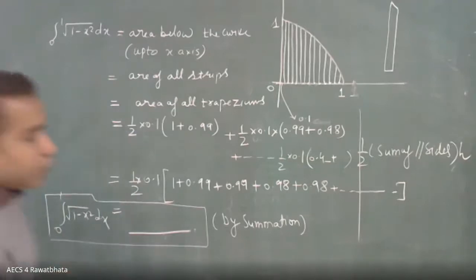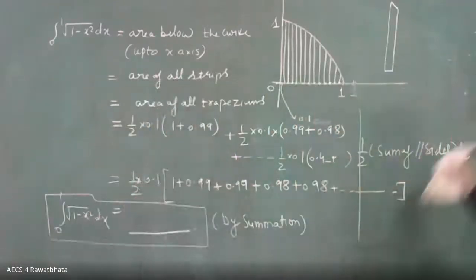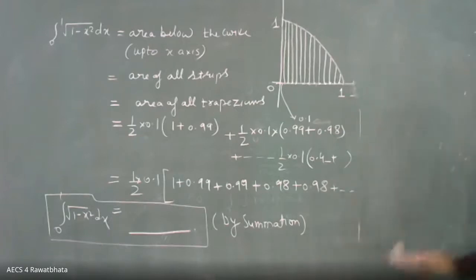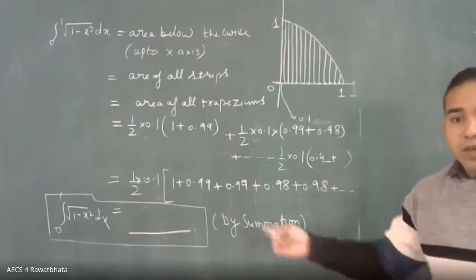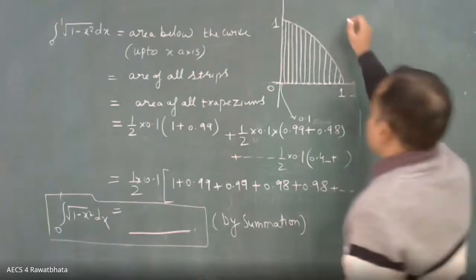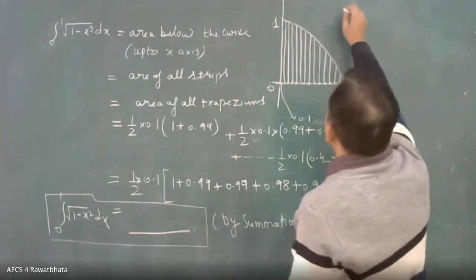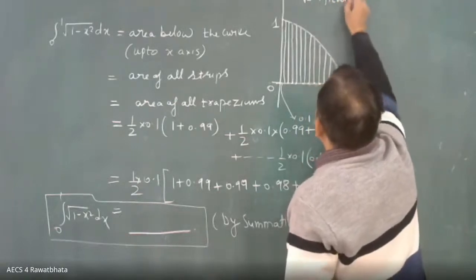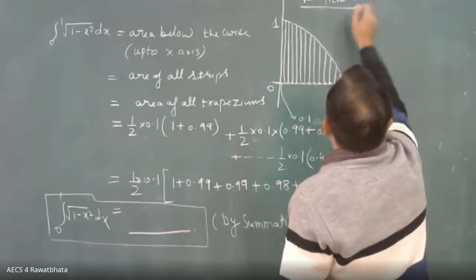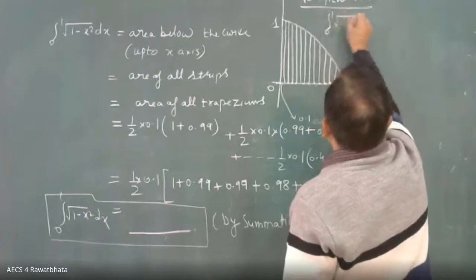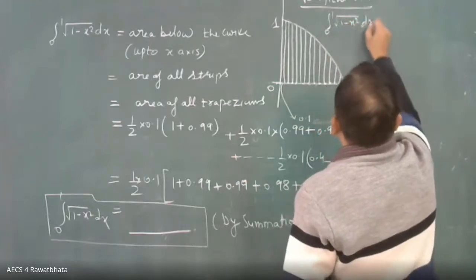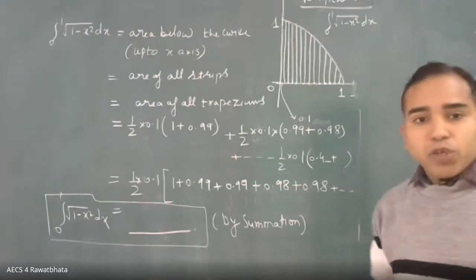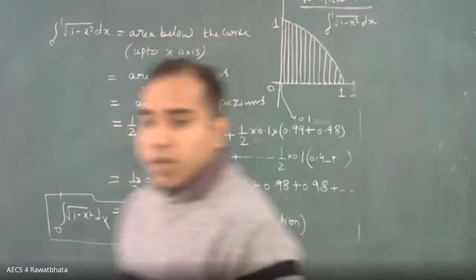Then let us find out this integral with the help of actual integration also, and let us see that our answer will match or not. Of course, I have not found. You only have to find and you have to check. Verification you have to do. Verification means that you write the integral formula of 0 to 1 root of 1 minus x square dx. What should be its integration formula?